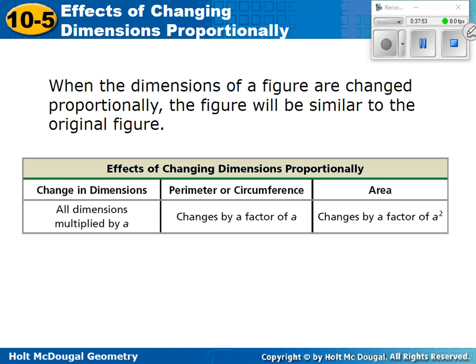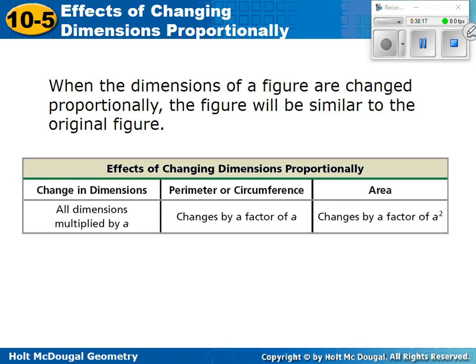The radius. So did we change all the dimensions when we multiplied the radius? That was our only dimension. The only variable we have is r. So if all of the dimensions are multiplied by A, then that means, so I'm going to write this down, if all dimensions,